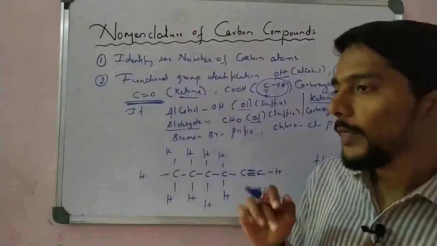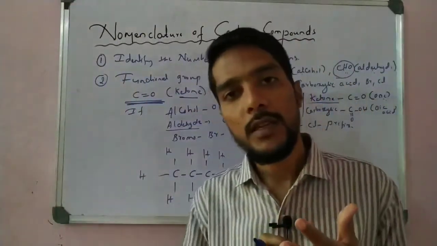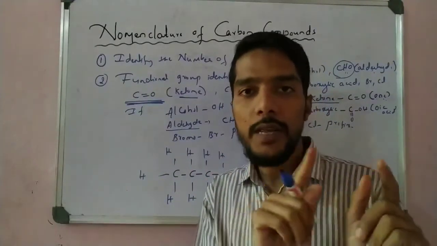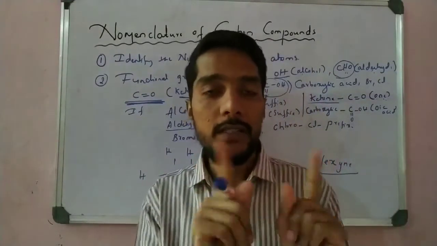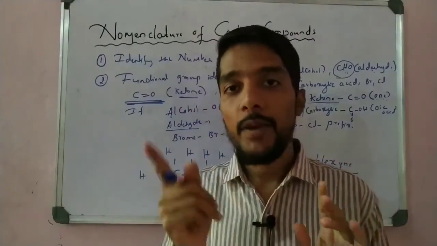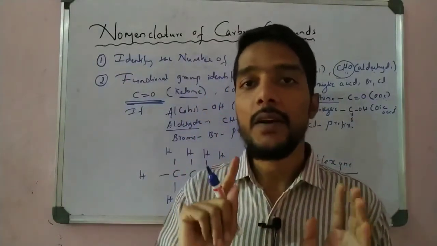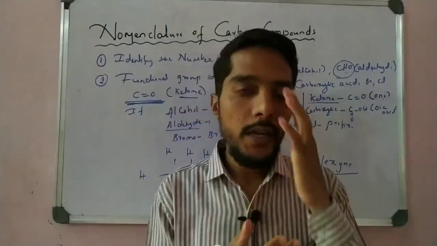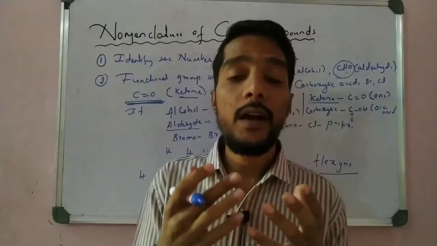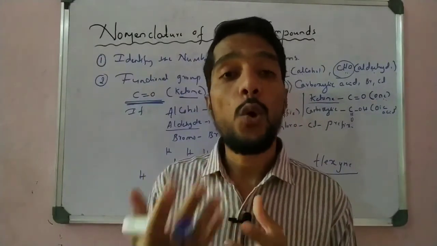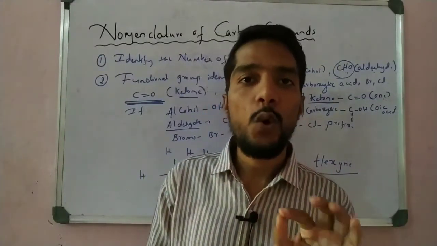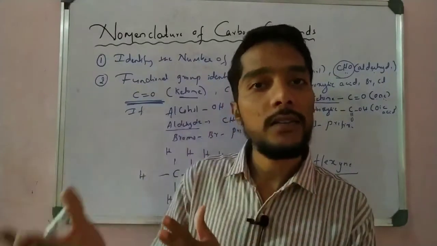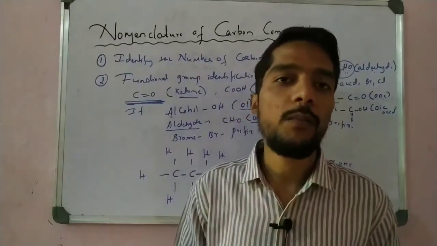It is a simple process. One process is very important. Count the number of carbons, and second, see the carbon bond. It is single, double, or triple, and based on that we take ANE, ENE, or YNE, and then check the functional group. Bromo and chloro are prefixes. If it is aldehyde it is AL, alcohol is OL, ketone is ONE, and carboxylic acid is OIC acid. All of these are suffixes. These are very important points we learned here.